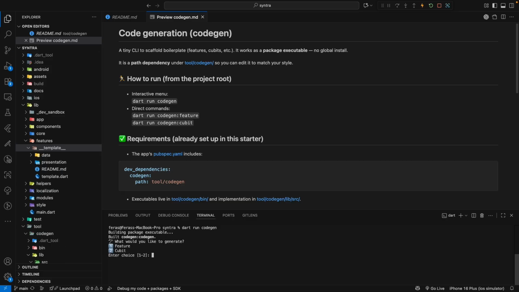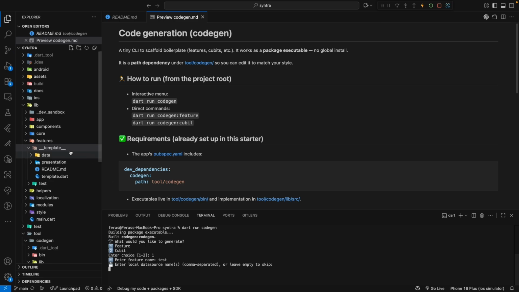The menu offers two generators, feature and cubit. I'll pick feature and name it test. The folder appears with data and presentation ready to fill. So let's first enter a random name for the local data source.